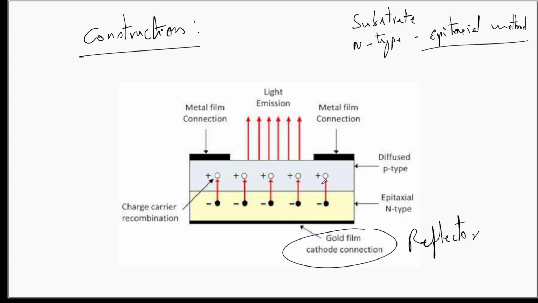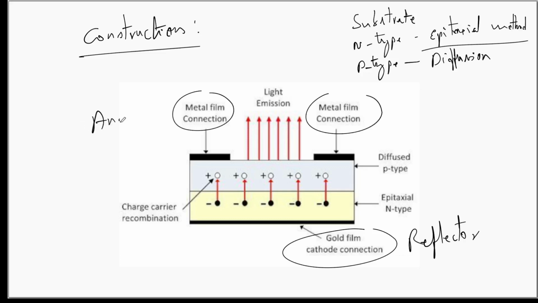Over the N-type semiconductor, we have a thin layer of P-type semiconductor. P-type semiconductor layer is grown using the diffusion technique. Diffusion technique is another method to grow the crystals. Over the P-type layer, we have the metal contacts that will work as anode. In the anode, you have a circular aperture or a hole from which light is emitted from the LED. This aperture is filled with epoxy resin